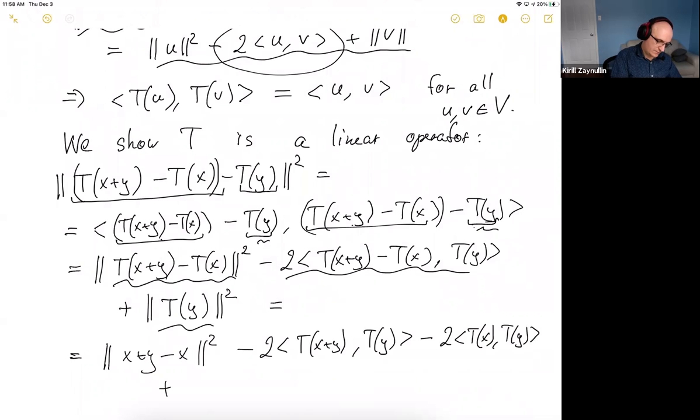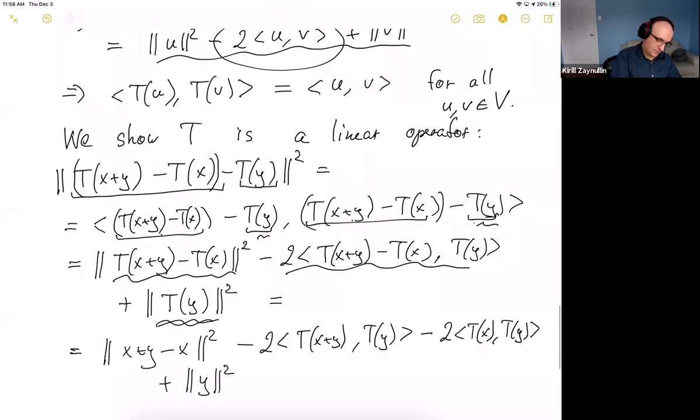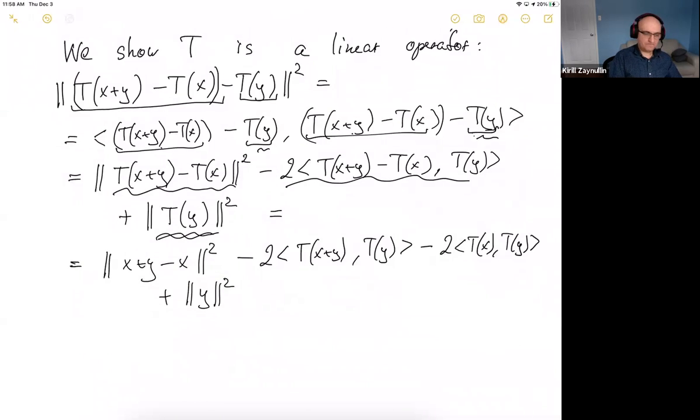And then plus, so this expression will give me just the square of the length of y. And finally, well, look here. What do we have? Here we have just y, right? x plus y minus x is just y. So combining this together, what we get is 2 times the square of the length of y,